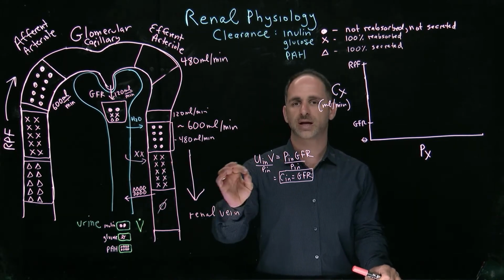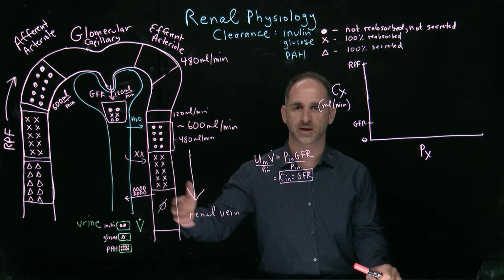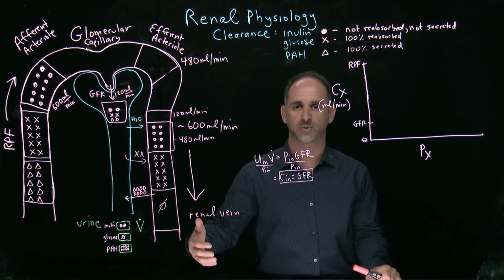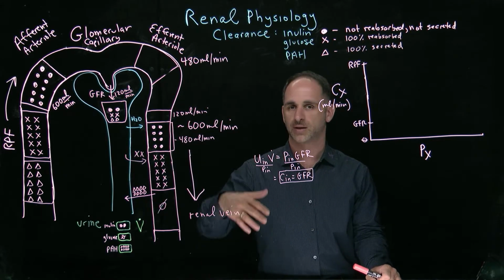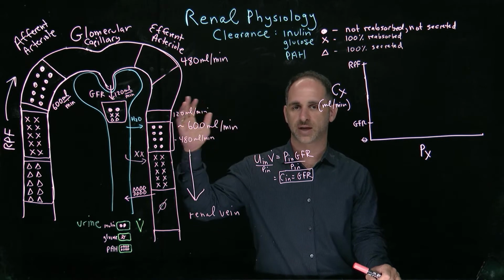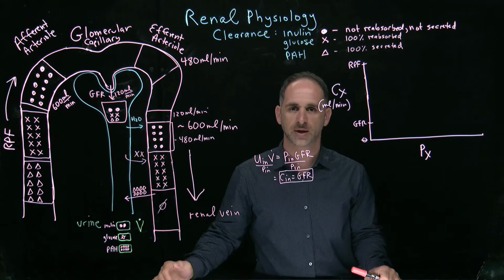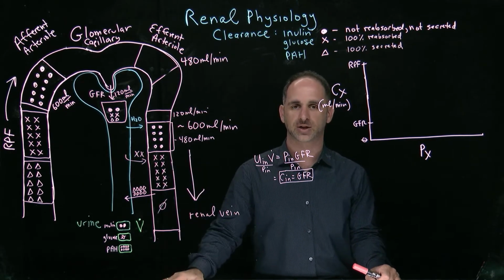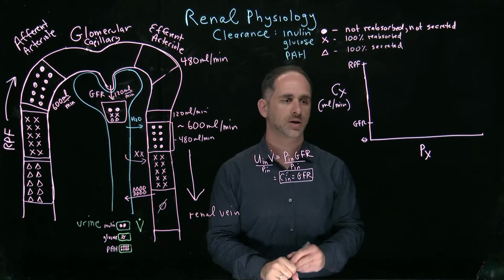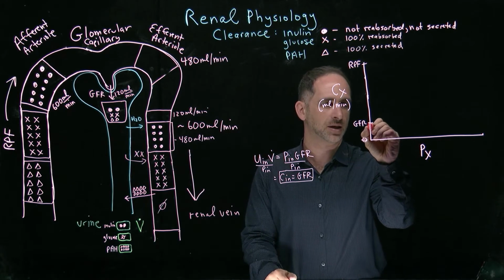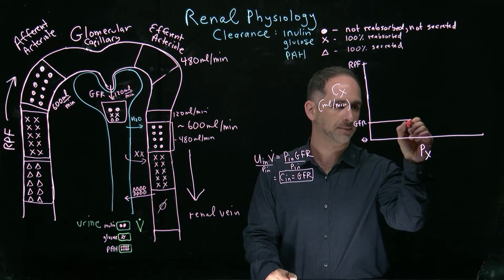So there's no saturation of transporters possible because there is no transport of inulin to begin with. So as long as the concentration goes up and the kidney's not affected anyway, and we wouldn't expect it to, you're just going to excrete that extra amount of inulin. So this is going to be just a straight line,